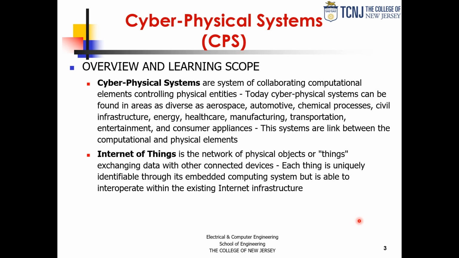But then you can be a front for other objects or things that only communicate from an RFID perspective, and they still can be identified, although they are not active communicating agents on the network. All that information can traverse the internet, which is available, and it can interoperate within that infrastructure. So that's what the Internet of Things is.